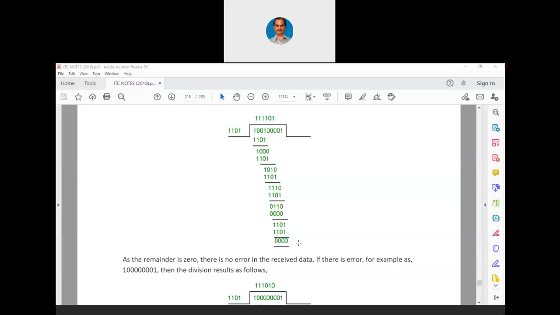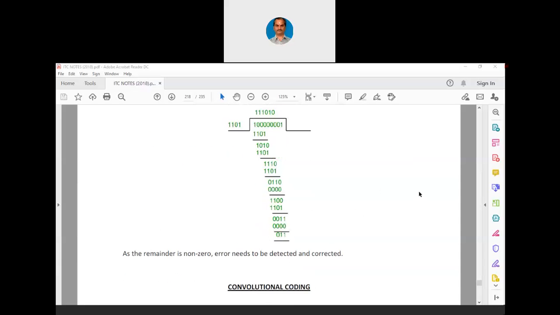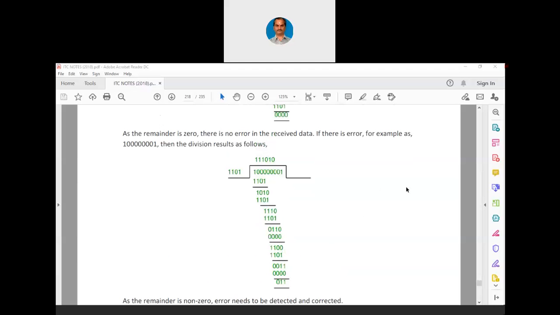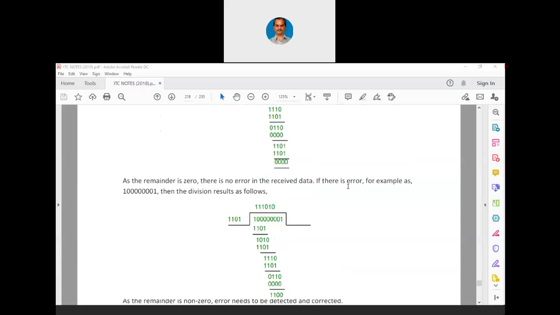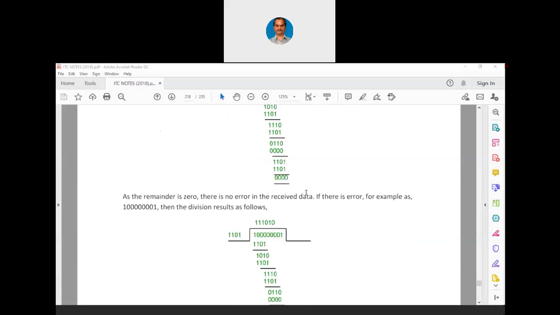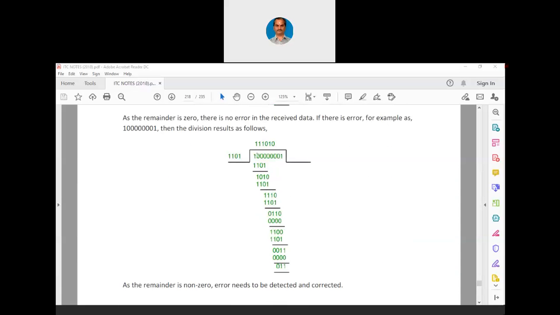Let us say there is an error. For example, let us say the data became 100000001. Now if there is an error in the fourth position, let us perform the division once again. Now the division results 100000001. That means at the fourth bit there is no error, as I have shown you. At the fourth bit now there is one error. So let us perform